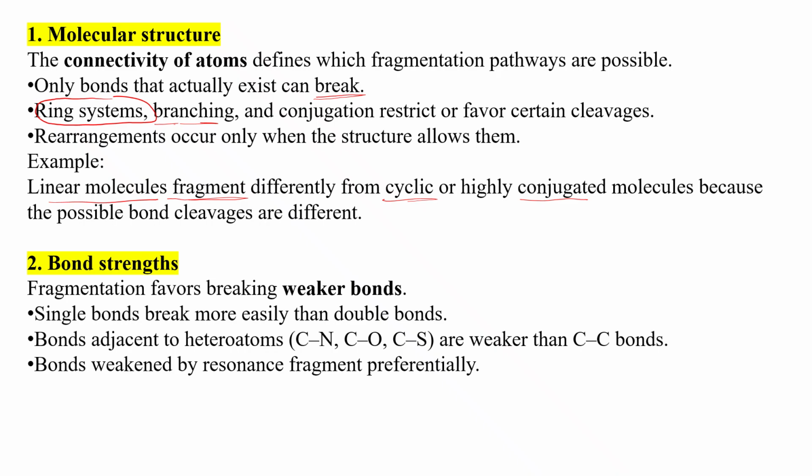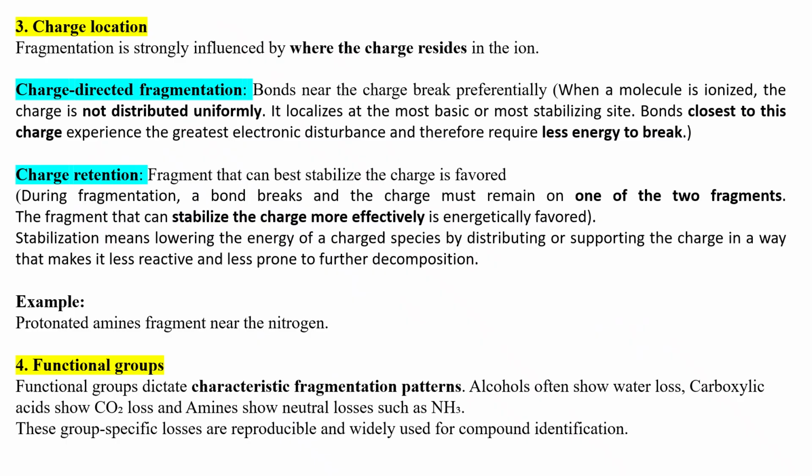ठीक है, अब देखिए बॉन्ड स्ट्रेंथ की बात आती है तो फ्रैगमेंटेशन विल ऑलवेज फेवर वीकर बॉन्ड्स। जो वीक बॉन्ड होंगे वही तो आसानी से टूटेंगे। तो जो सिंगल बॉन्ड्स हैं ब्रेक मोर इजिली देन डबल बॉन्ड्स। या फिर बॉन्ड्स एडजेसेंट टू हेटेरो एटम्स वो आर वीकर एज कंपेयर टू कार्बन कार्बन बॉन्ड्स, दे विल ब्रेक इजिली। या फिर बॉन्ड्स वीकेंड बाय रेजोनेंस। रेजोनेंस में इलेक्ट्रॉन्स स्प्रेड कर जाते हैं और उसकी वजह से बॉन्ड्स वीक हो जाते हैं एंड द फ्रैगमेंटेशन इज प्रिफर्ड। द थर्ड इंपॉर्टेंट फैक्टर, चार्ज लोकेशन। चार्ज लोकेशन पे डिपेंड करता है फ्रैगमेंटेशन।